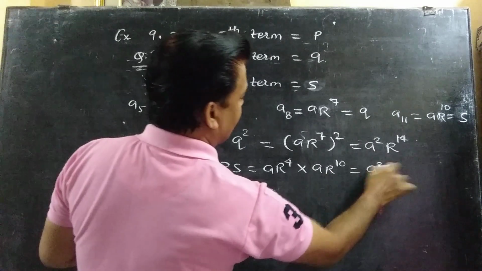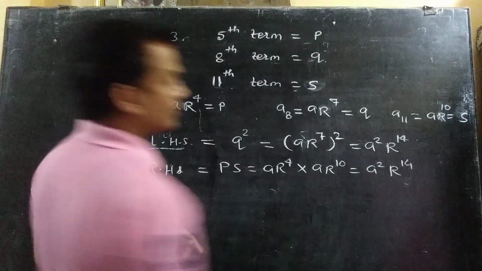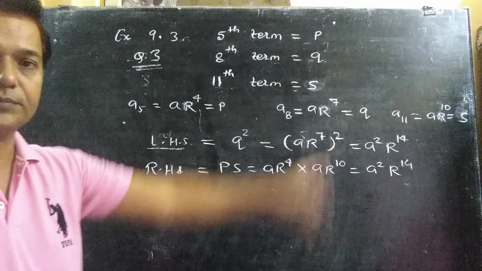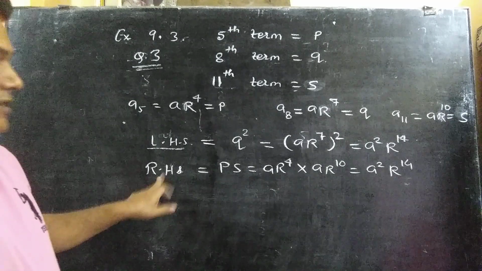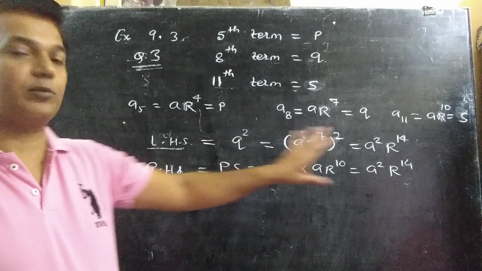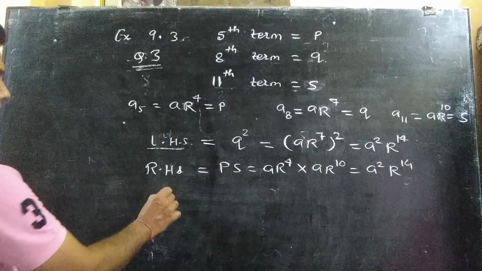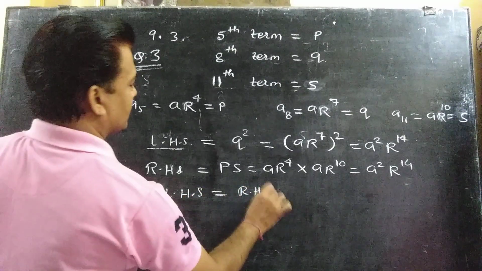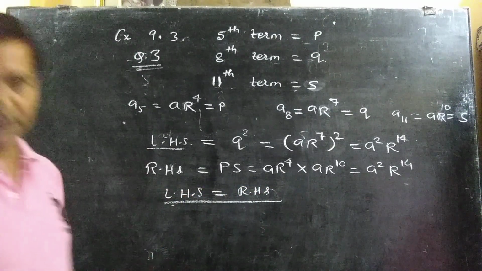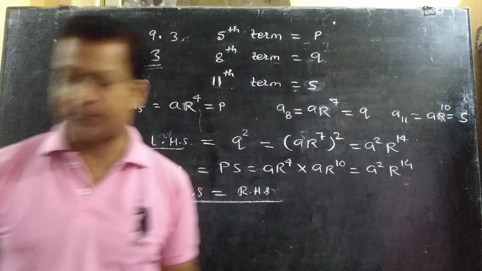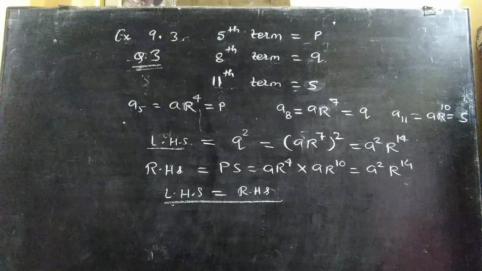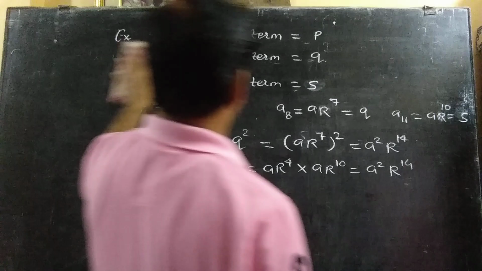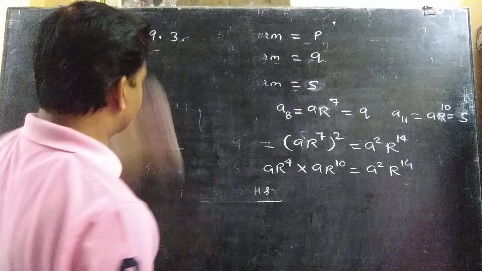So here a square R raised to 14. तो ये अपना हो गया RHS। आप देख रहे हैं LHS एंड RHS बोथ आर सेम। LHS इक्वल्स टू RHS। तो ये अपना प्रूव करने का तरीका है। तो इस तरह से अपन ये बताते हैं कि ये क्वेश्चन कैसे प्रूव किया जाए।